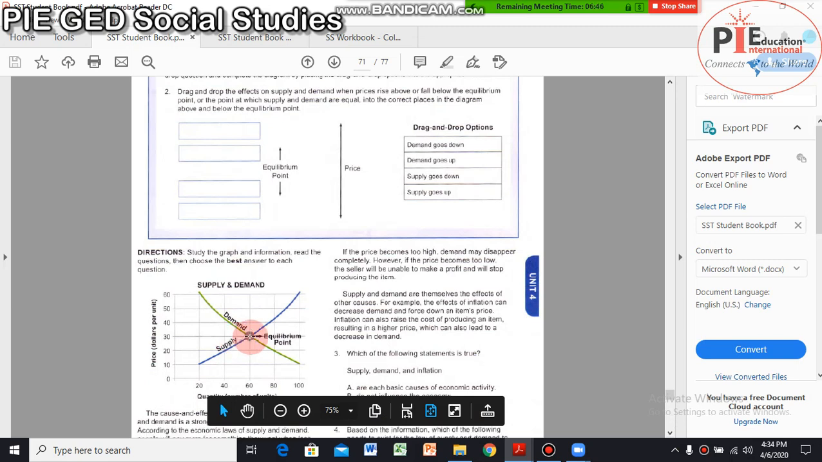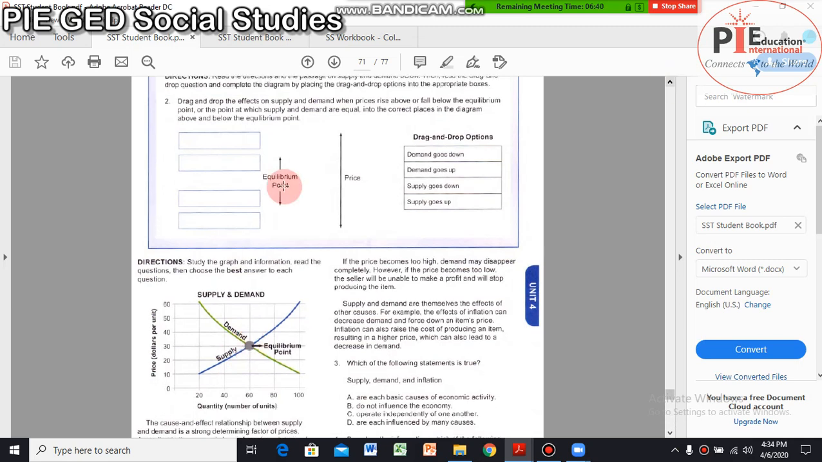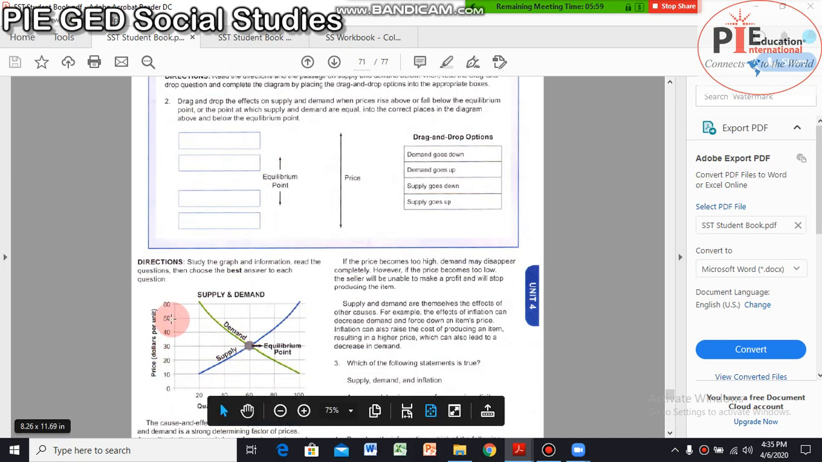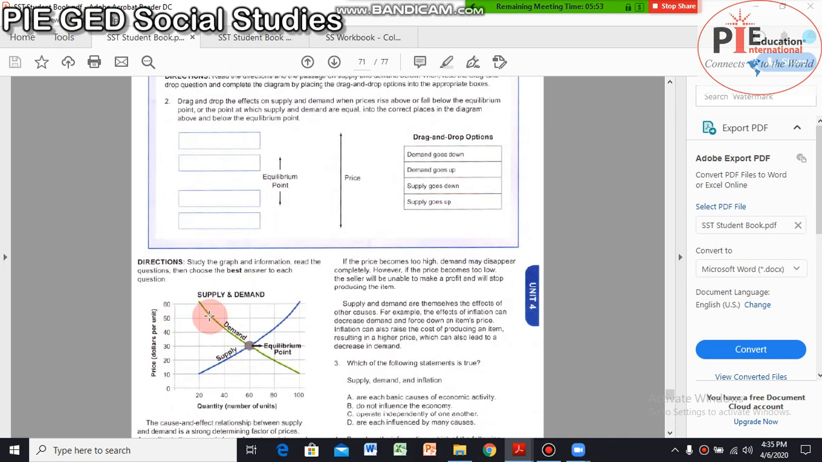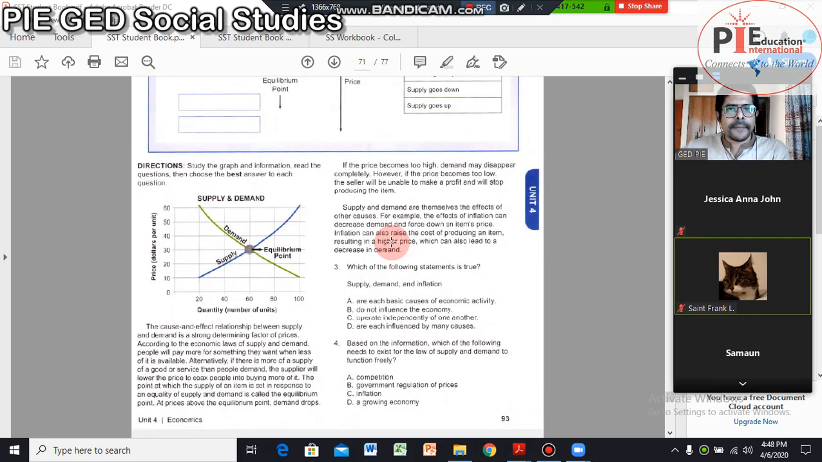Okay, now if we look at question number 2, this is the point and this is the price. Now if the equilibrium price is above, what will happen? At the equilibrium point, what is the price? 30. Okay, now I'm thinking about increasing the price to 50. Now if we look at what happens, the demand may be 30, but the increase can decrease the demand,